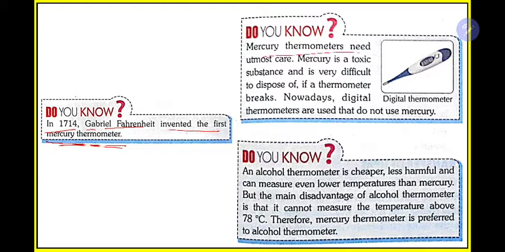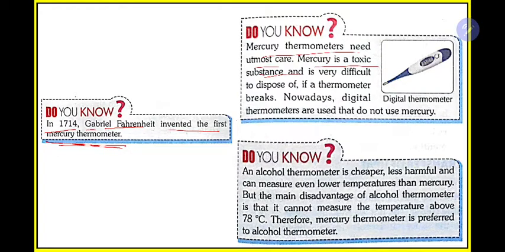Mercury thermometer needs utmost care. Mercury is a toxic substance. This is very important. The thermometer contains the metal mercury, but I think very few of you know that mercury is very much poisonous. There are some renowned stories of mercury disasters. Thousands of people died due to mishandling of mercury. So mercury is very poisonous, so you need to take care of this thermometer. If you have a thermometer in your home, do not just play with it. You need to take care before keeping it.